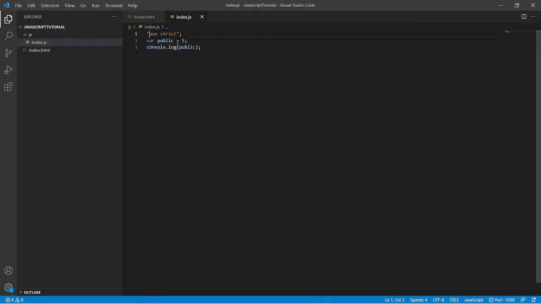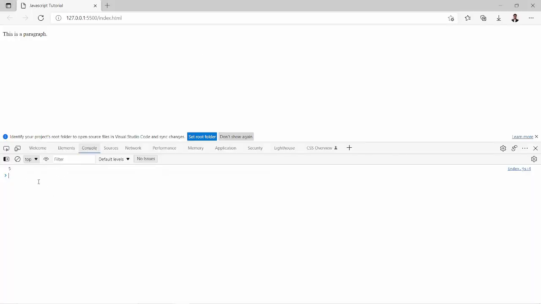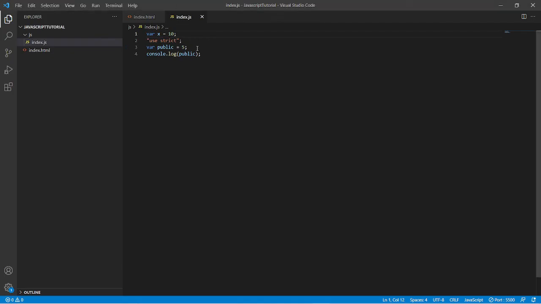Now suppose I write some code above it as well. Suppose x equals 10. Now if I save it and go there, it is not throwing any error. Why? Because use strict is not at the top of the file. So you should put use strict at the top of the file only.